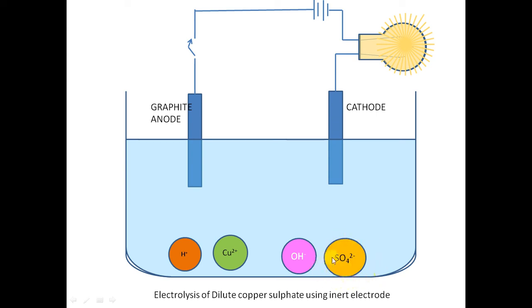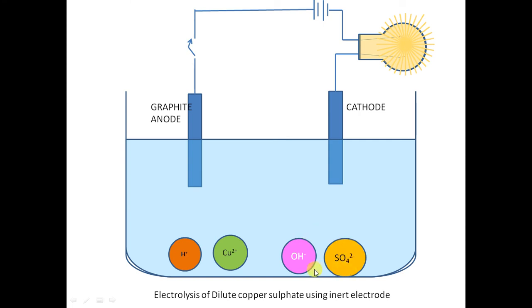Here we have to understand dilute means more water. Here the concentration is given. Water is in much greater quantity than copper sulfate. You can assume that if concentration is given, then the more concentrated ions will migrate towards anode and cathode irrespective of electrochemical series. Now, we will not use which element is at the lower or higher position. We will see which ion has more concentration.